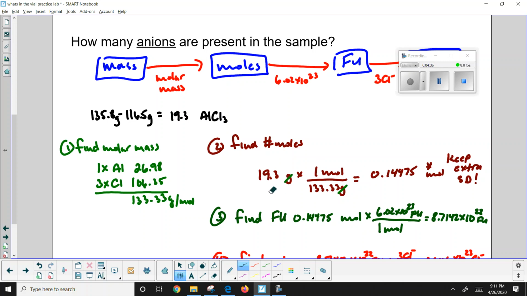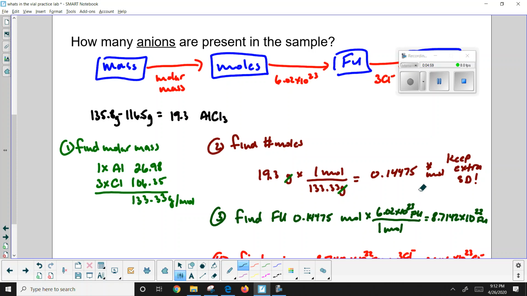What does that mean? I don't have a full mole. In fact, I only have about 0.14475 of a mole. It's about 14 or 15% of a mole. So from this, I can now say, hey, how many formula units do I have? So what you use is Avogadro's number. So if I only have 15% of a mole, I've got 15% of Avogadro's number, which is 8.7142 times 10 to the 22